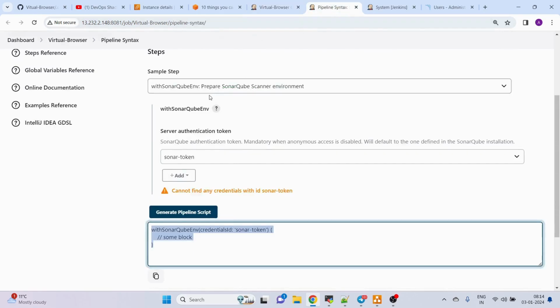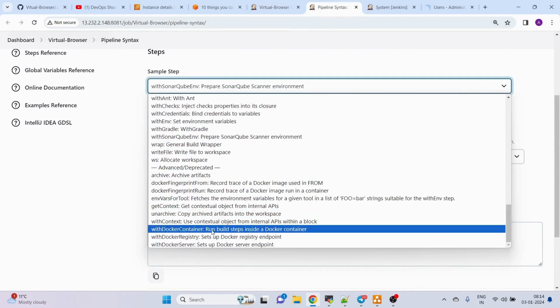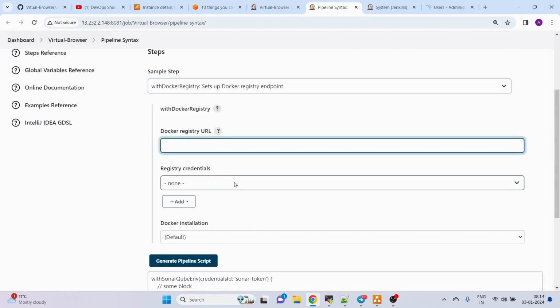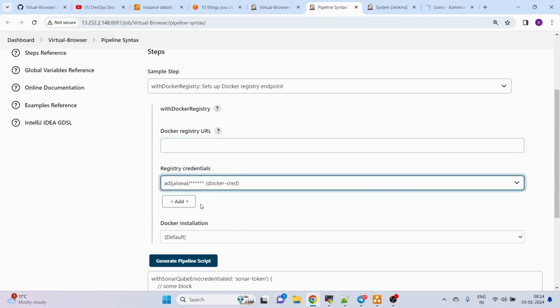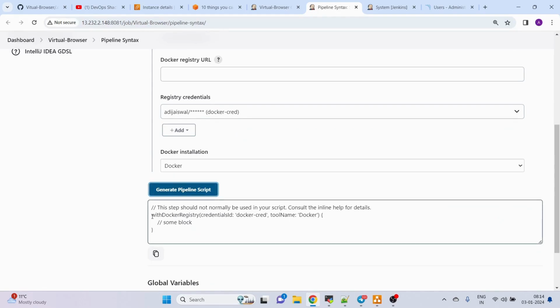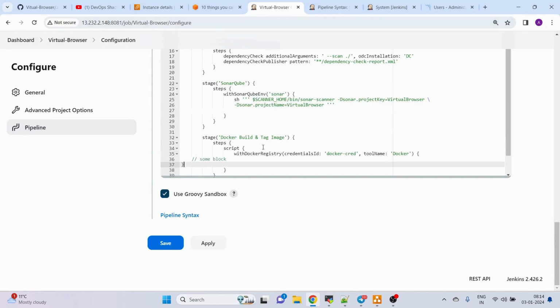Okay, so let's take help from pipeline syntax. We can find this with Docker registry. URL we don't need to provide because we are using Docker Hub, so by default it's set. And here credentials I have already added. The Docker installation also we can select, and yes, so this is ready, right? The block inside which we are going to run. So I'll paste it here, remove this part,